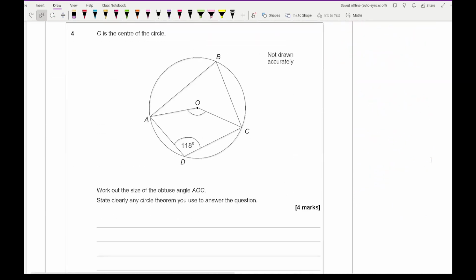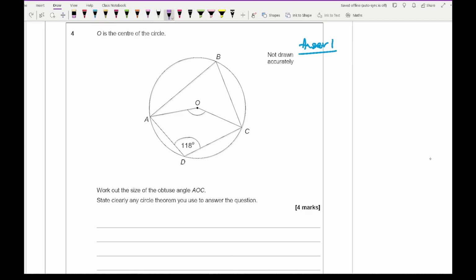Then moving on to question 4, it says O is the centre of the circle. Work out the size of the obtuse angle of AOC. Clearly state any circle theorem that you use to answer the question. Now for this, there's 2 possible answers you can give. Now I'll probably go through the most common one first. So answer 1